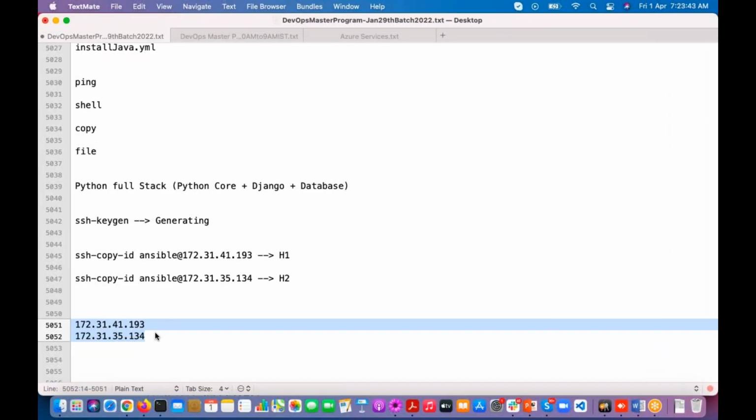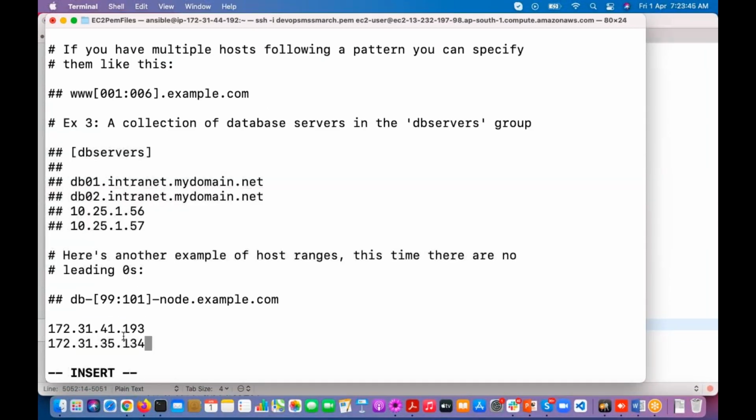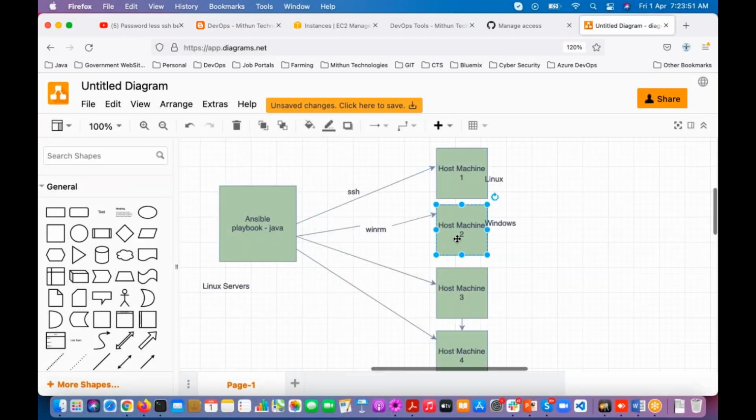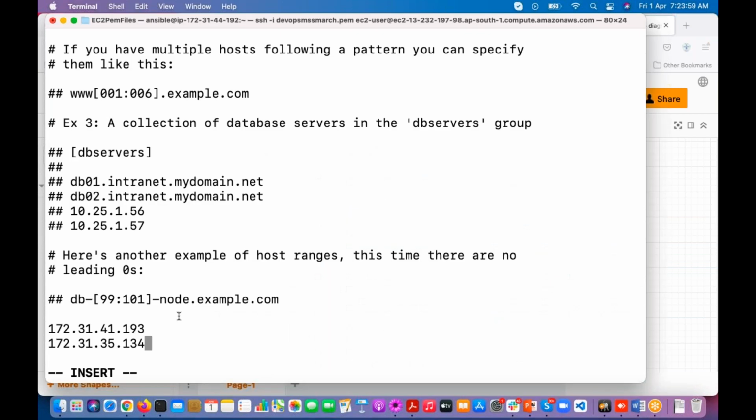Here you can add it. To which servers you want to connect, all these host machines' IP addresses or host names you can keep in this particular file. So now I have added these two instances' IP addresses.